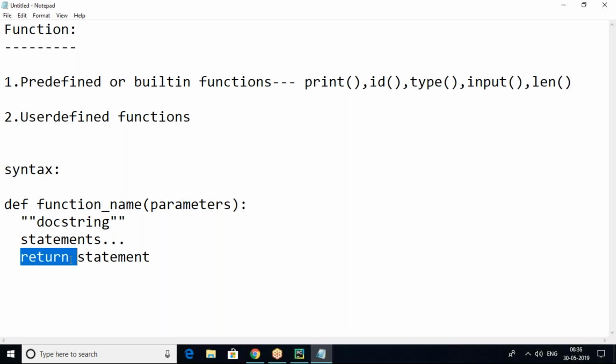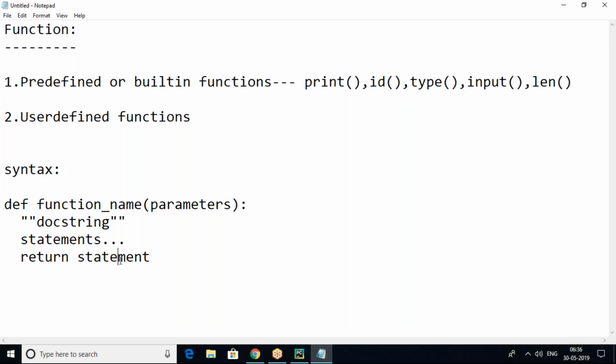Or else I don't want to use a return statement, so whenever I call the function it should do the task and only print the values. You can do that, no need to return anything. If you are expecting some values from the function, then you can use the return statement, otherwise no need. It returns values to the calling place, where you are calling, it will be written in that place.